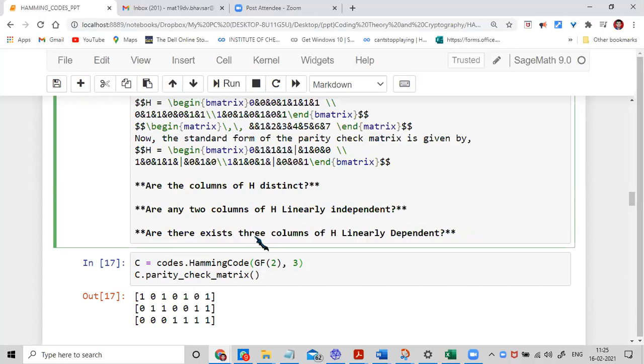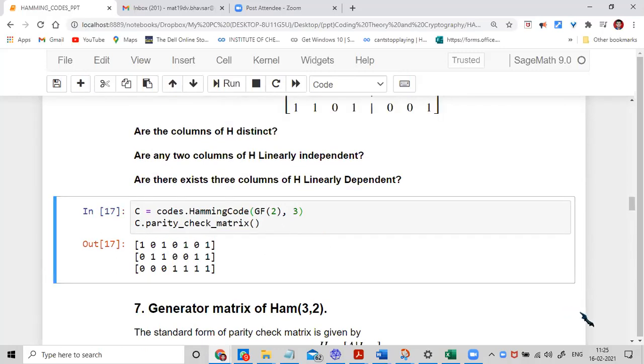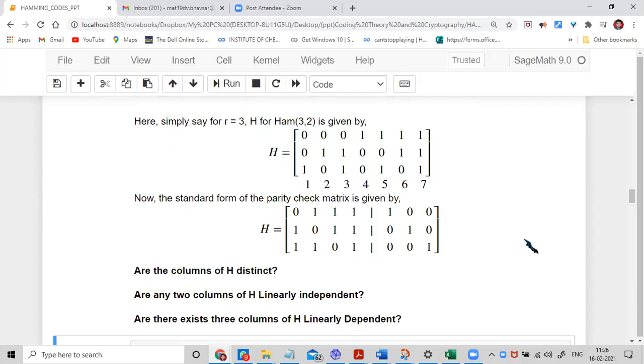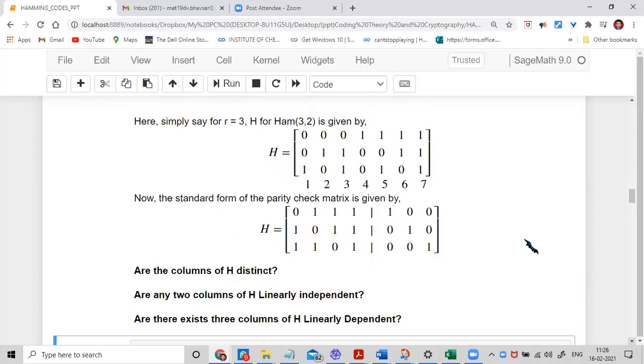You people think about that now. You answered this question last time, right? Only the first three columns you can see are linearly dependent. Because in the first three columns, the first is 0, 0, 0, 1, the second column is 0, 0, 1, 0, and the third column is 1, 1. So whatever n and r you take, it is the same situation. The first three themselves help us find out.